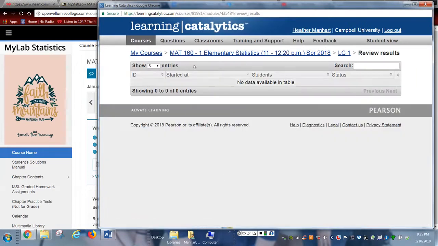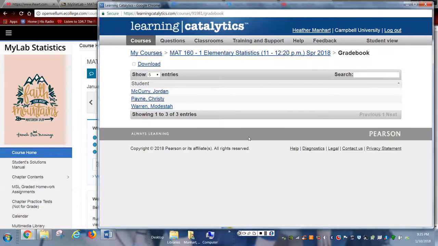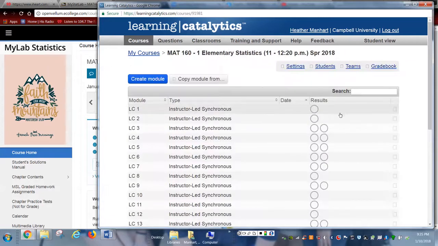That means that even now that you're in the course and you can see the grade book, you should not see zeros show up. And then also when I go through the trial period, I'm going to do the same thing. I'm going to delete the grades and the data through next week. But after that, the grades count. So this is what a Learning Catalytics looks like from my end as your teacher.